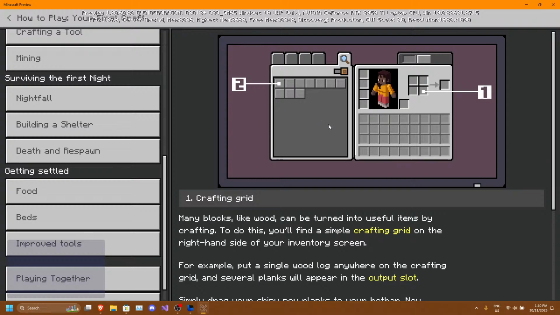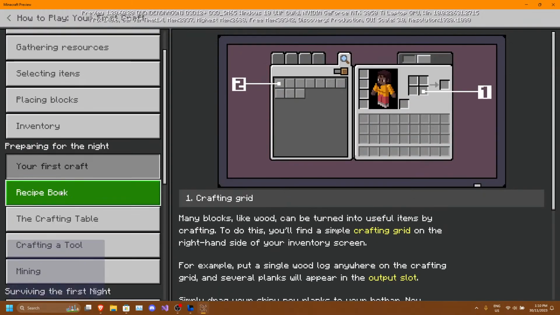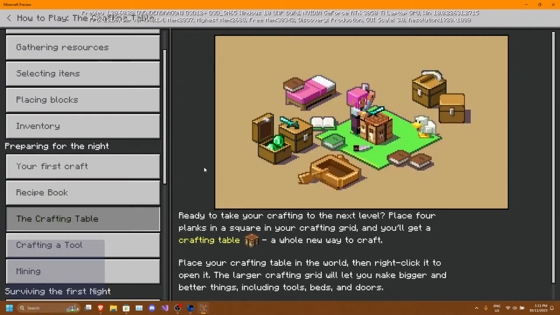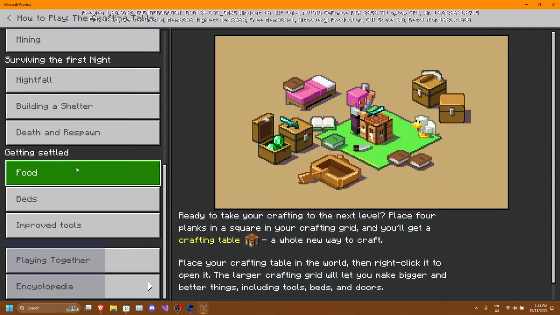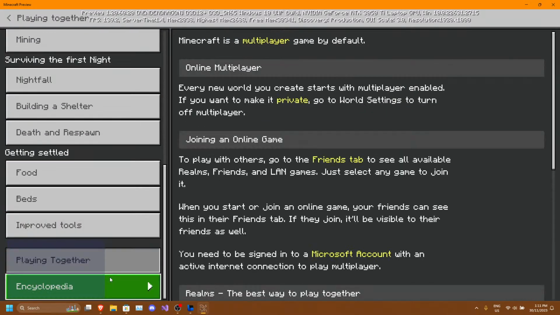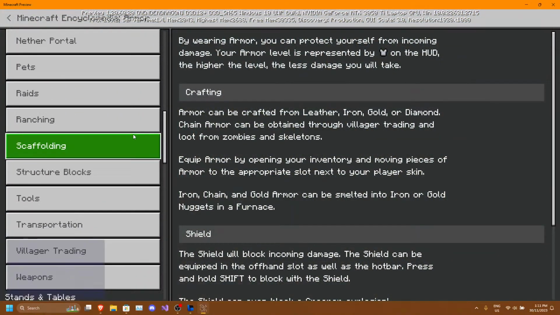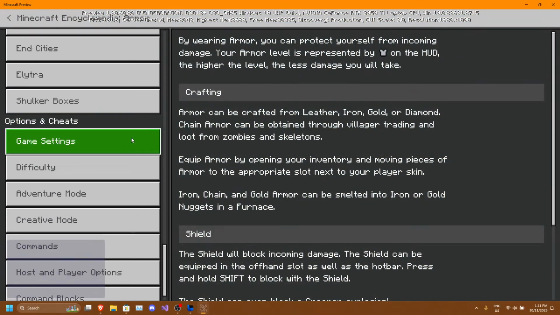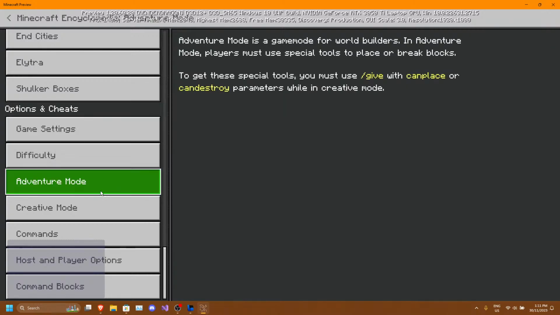And this is new? I've never seen this before. This help page is new. This is nice. I like this. Encyclopedia. Oh my gosh. They've rewritten this entire thing.